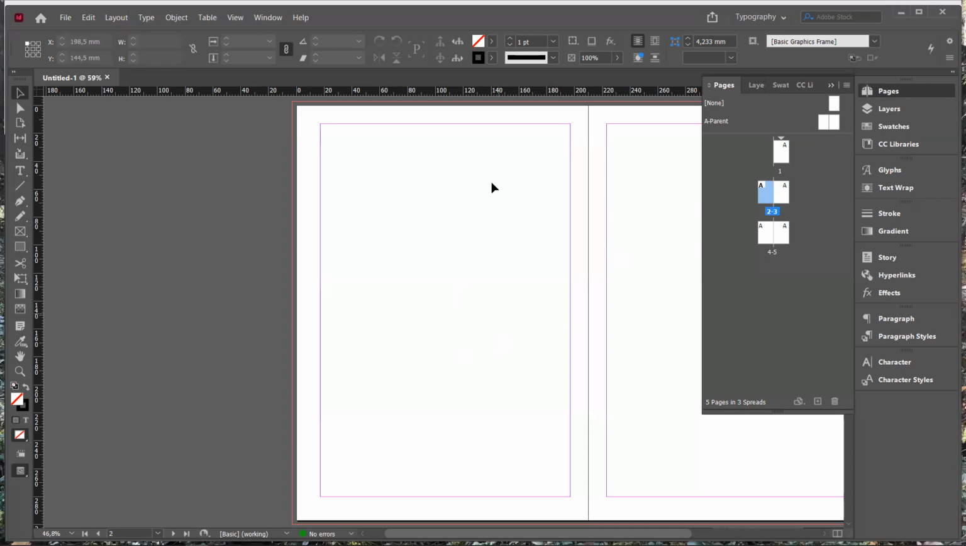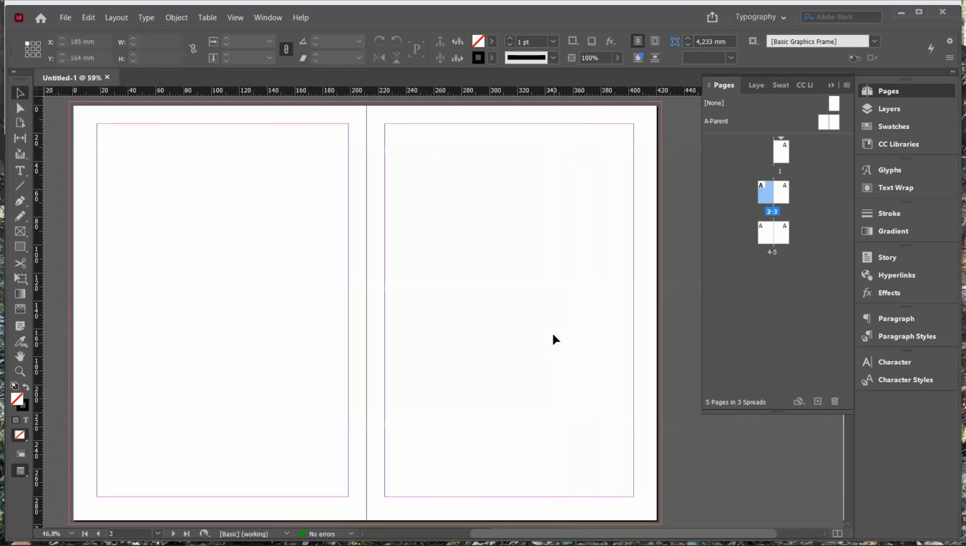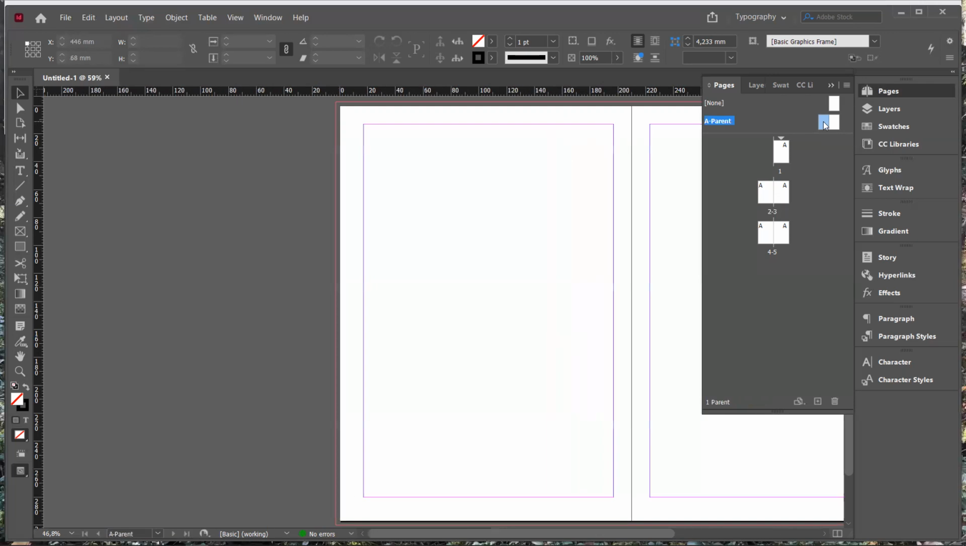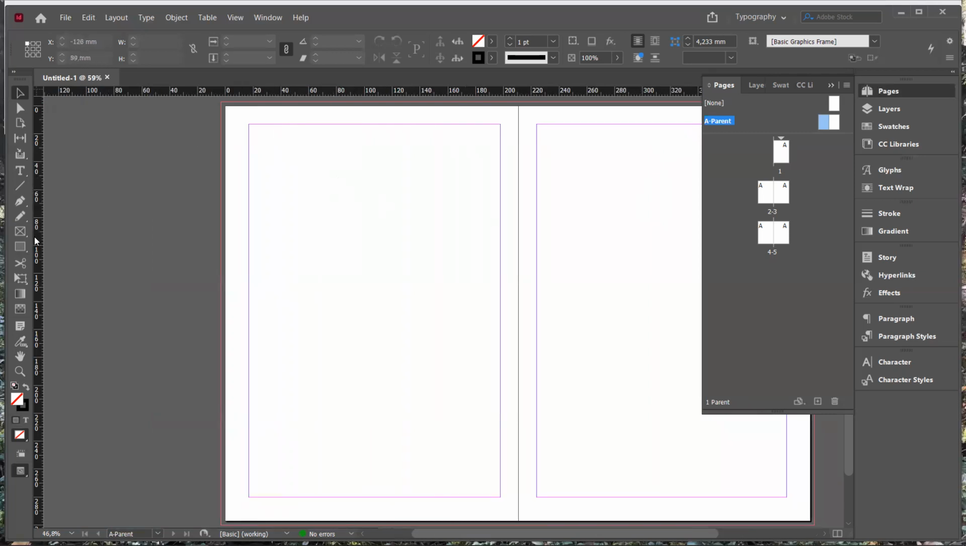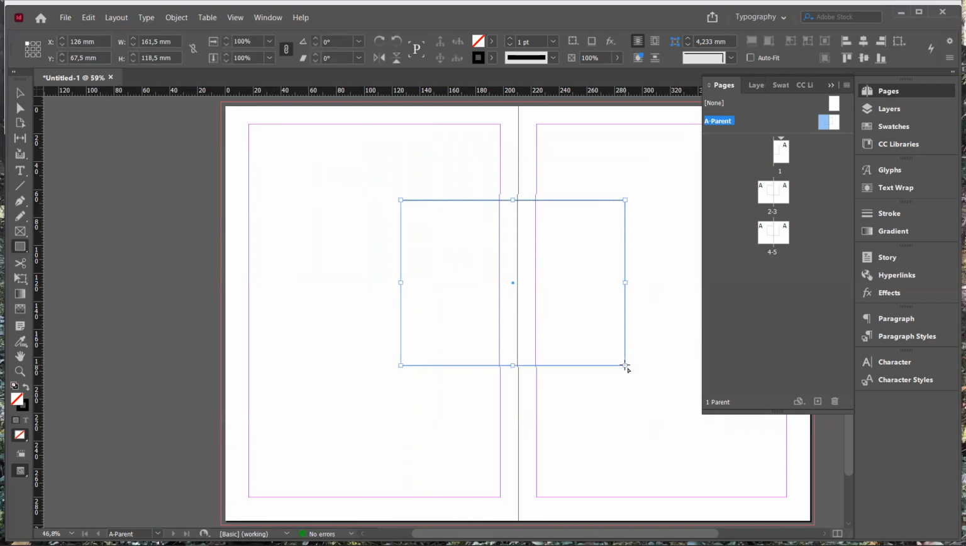So these are the regular pages. But if I double click here on where it says A parent or A master, then I am not on any of these. And let's create something here. I'll create just a rectangle. Here's the rectangle tool, and under the rectangle tool, there's also the ellipse and polygon tool. So far, so good. So I'll create this haphazard rectangle